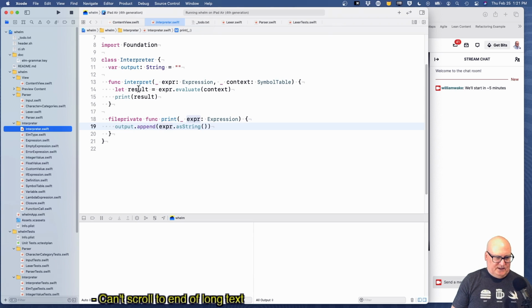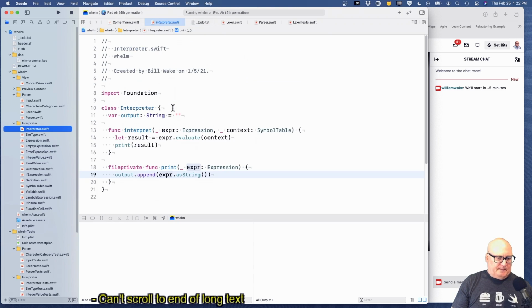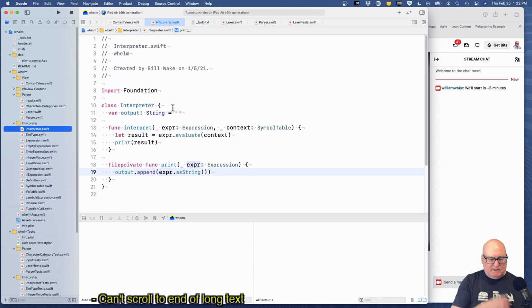All right, and then we evaluate. Yeah, and here we're printing. That's not really what we want. Okay, yeah, it would have been good to deal with this sooner. All right, and then the other thing is